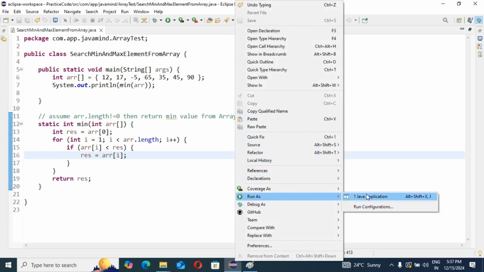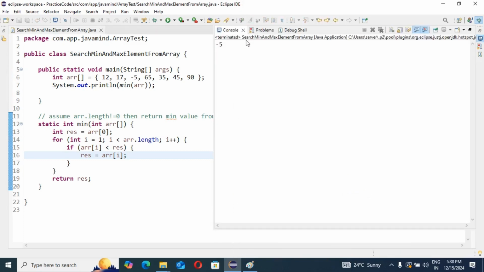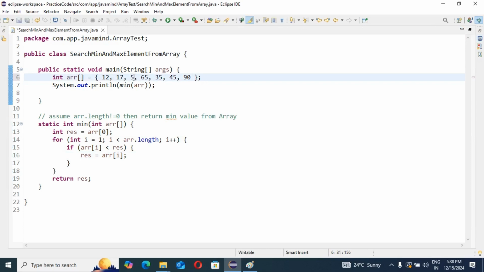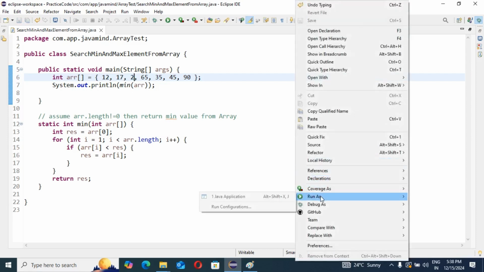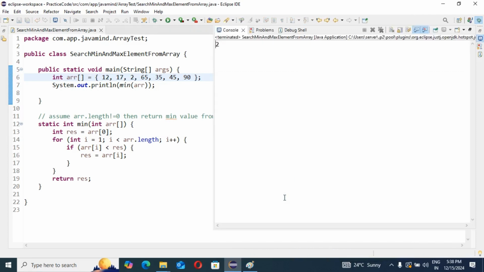Run as Java application. You can see minus 5 is the minimum number. If I remove minus 5 and give 2 here, then the result coming is 2.